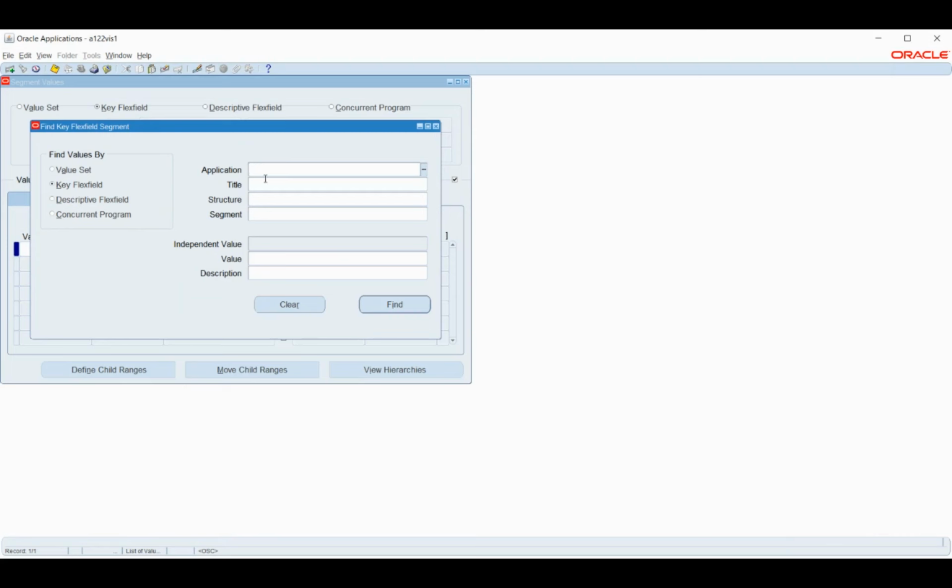The reason why I'm showing it from here is that in most cases you will not have access to system administrator, because it is restrictive access, wherein only a few people who maintain the users, the roles and the other logins will have access to it. Others will have only the responsibility. So in most cases you will either get this attached to HRMS, or you will refer to the finance module GL. Only the navigation is different, but the others are the same. So a similar thing we will select here as well.